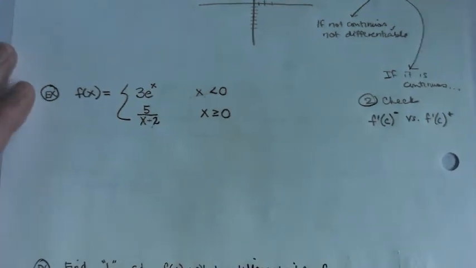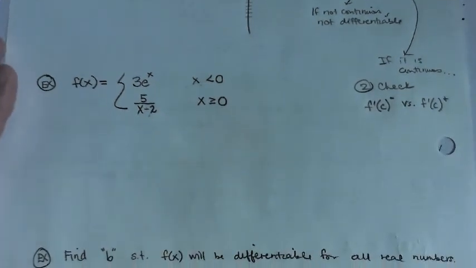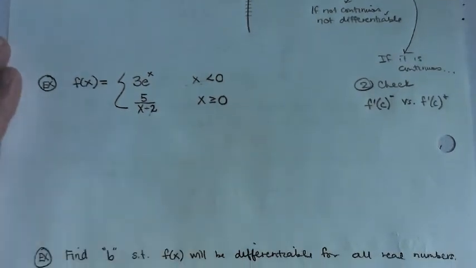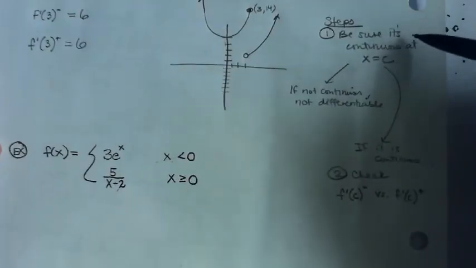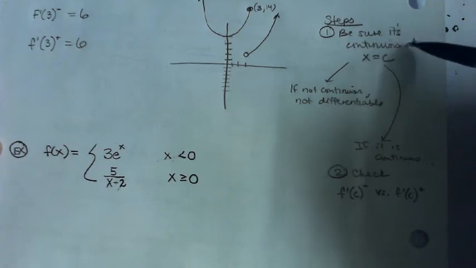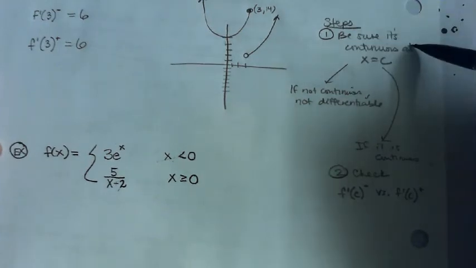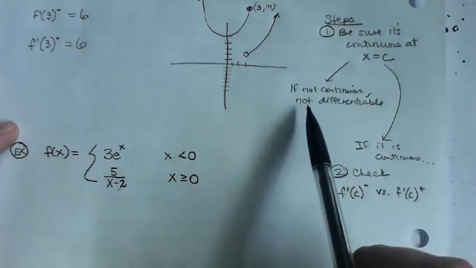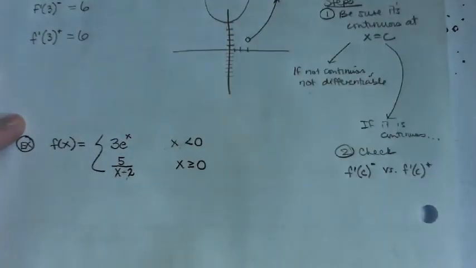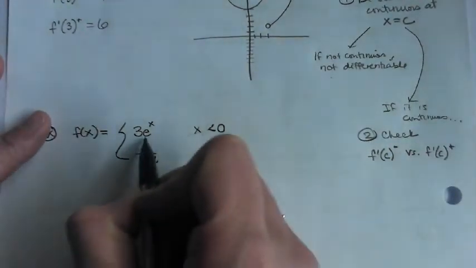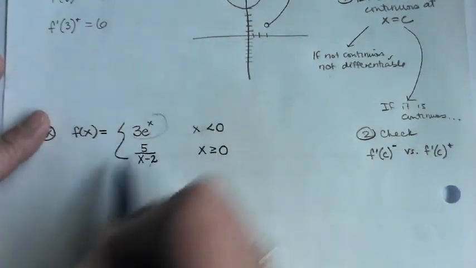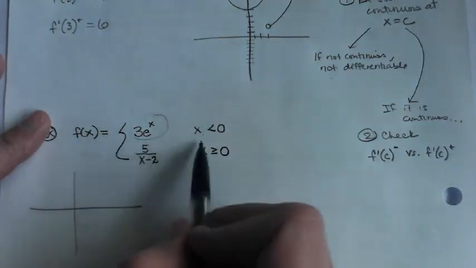Zach, what did you find over there so far? Did you do step 1? Okay, so what did you find there? Okay, and so if it's not continuous, then there you go. Not differentiable at 0. Okay, if you check the continuity, you're going to get that this particular graph starts at